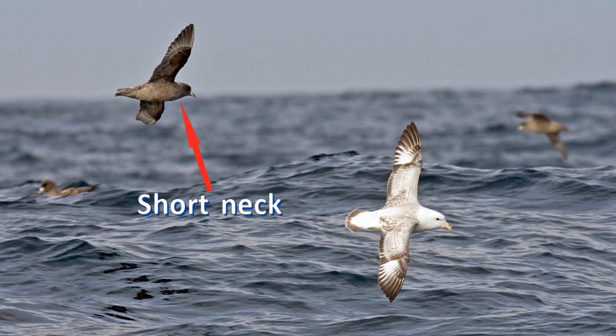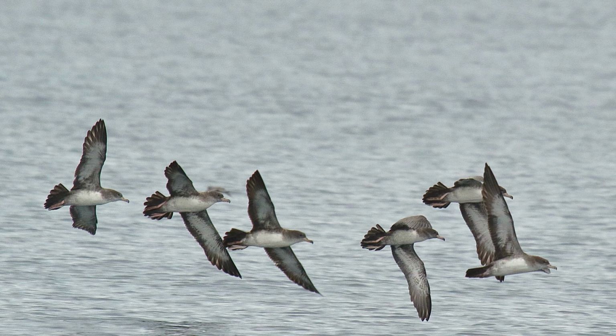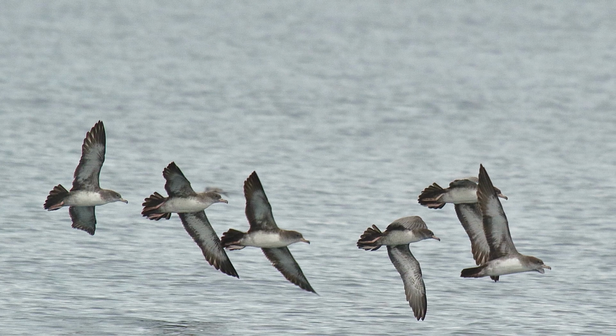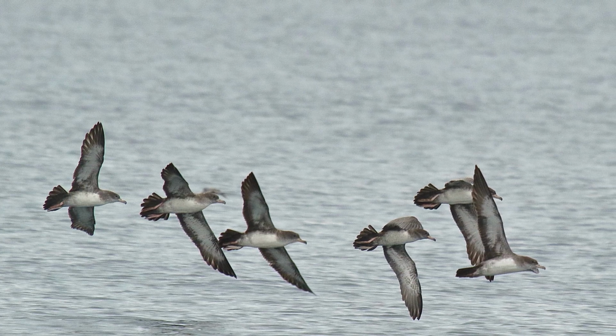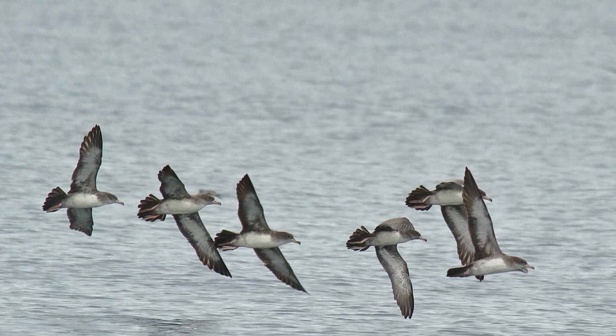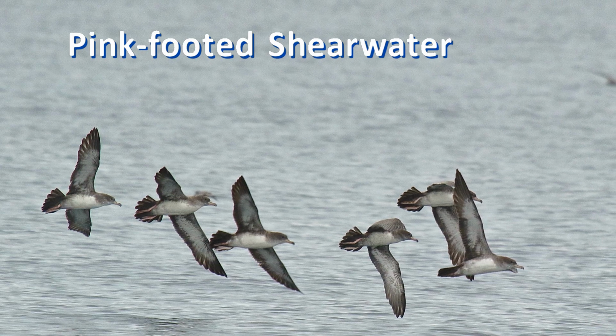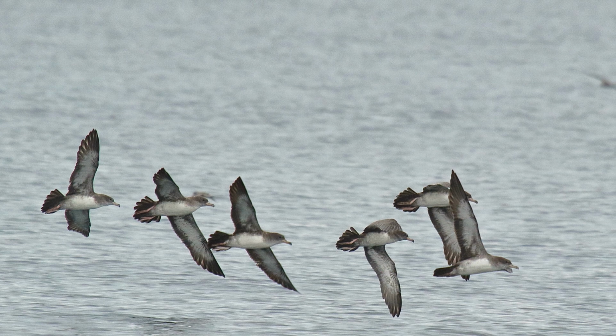Fulmars are also shorter necked, shorter winged, and have a shorter yellow-green bill. So they're one of the white-bellied shearwaters. Off the Pacific Northwest, the common 2 are the gleaming, all-white underneath Buller's shearwater and the larger, smudgy, pink-footed shearwater. And that's our bird. But wait,